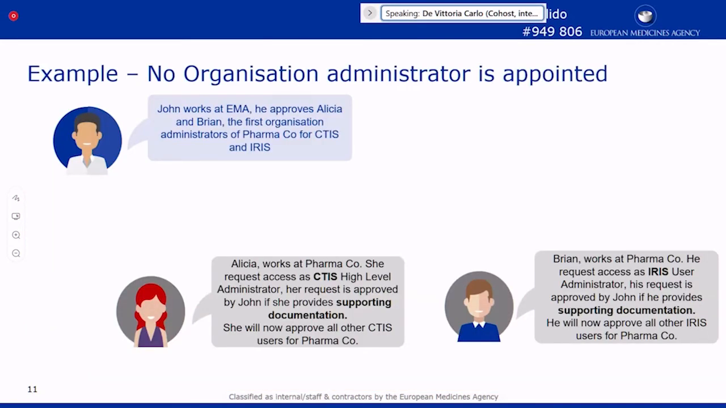So here we have some examples just to clarify how this concept works and how this will be affecting how users are requesting access to the different platforms. So this is the current model. So we have John that is working at the EMA, in the team that is validating all the requests that are coming from an external organization. So all the first users that are coming for the different EMA systems, the first time they want to appoint a user administrator. So we have Alicia, she's working at Pharmaco, and she wants to be the CTIS high-level administrator